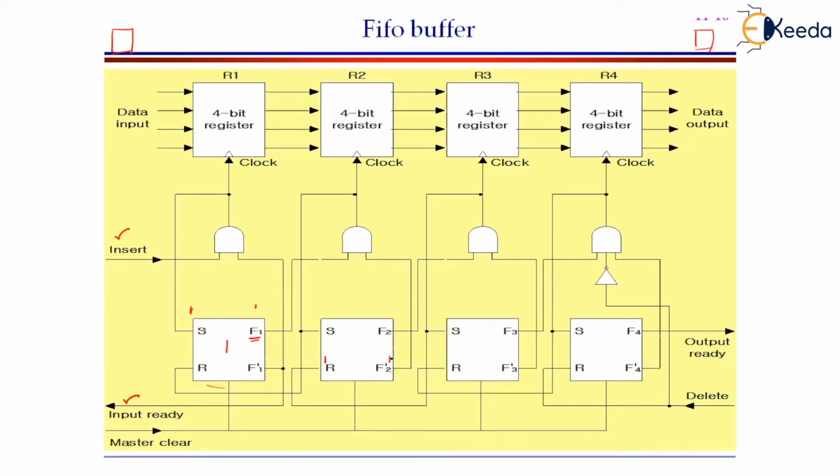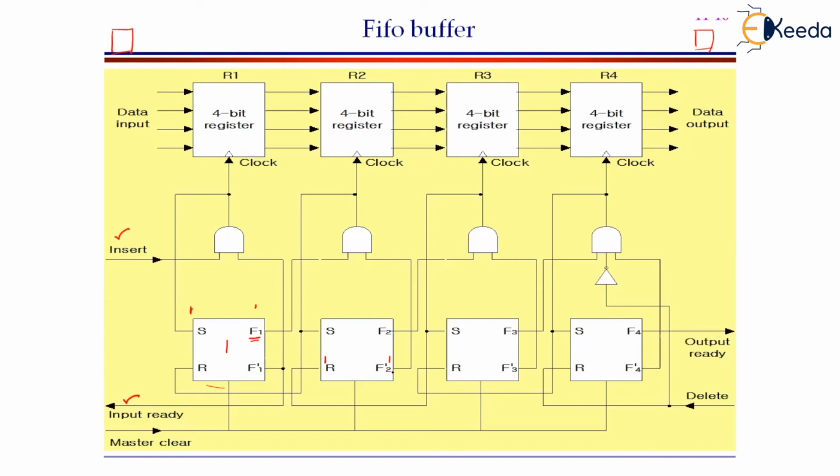Now, from the second flip-flop, F2 complement is connected to the AND gate, and from the first flip-flop, F1 is connected to this AND gate. Both are equal to 1. Once again, why will both be equal to 1? This flip-flop is active, meaning F1 is equal to 1, meaning the corresponding register has the data. Of course, as the data transfer has just been initiated, you know that in the second register there is no data at all. As the second register doesn't hold data, obviously F2 complement will be equal to 1.